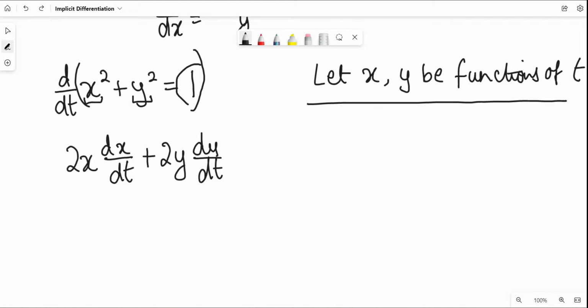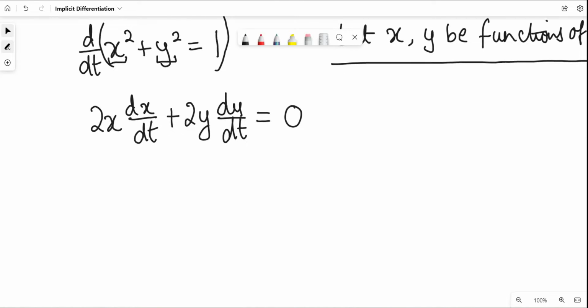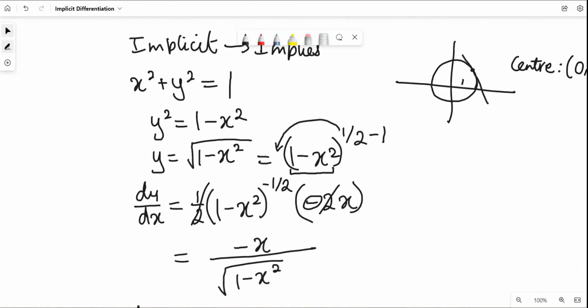And for the right-hand side of the equation, it would just give 0, because any constant would give 0 when differentiated. And so now we have a nice equation in terms of dx, dt, dy, and we want to find, remember what we want to find is dy by dx, because the original equation was in terms of